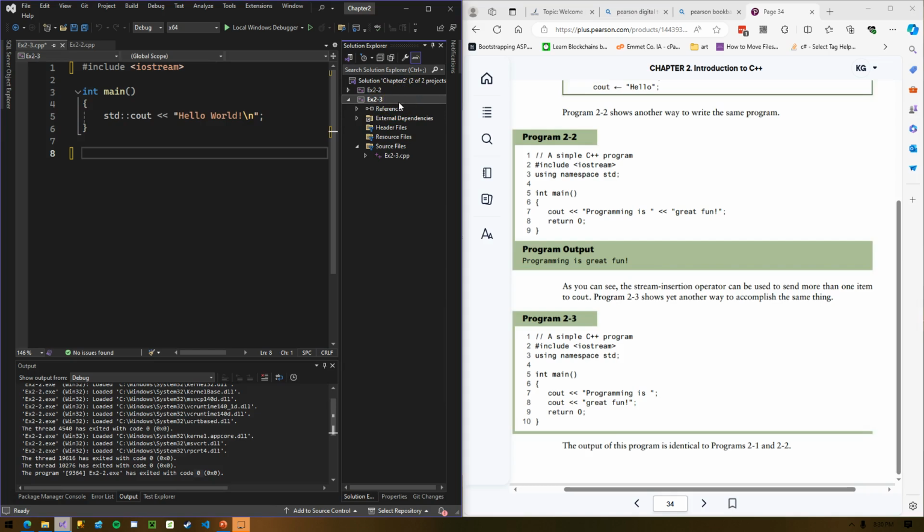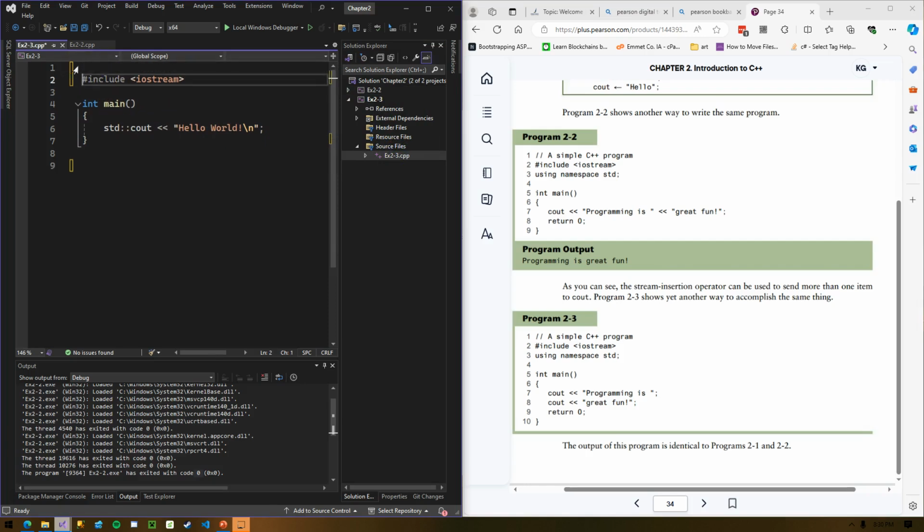If you're following along on your own machine and you want to just keep going with the current project, like if you wanted to put a bunch of listings in 2-2, fine with me. However you want to keep yourself organized is fine. But I'm going to go with kind of the overkill mode and create a separate file for each. Okay, so again, plus we get that practice, a little bit of muscle memory here going.